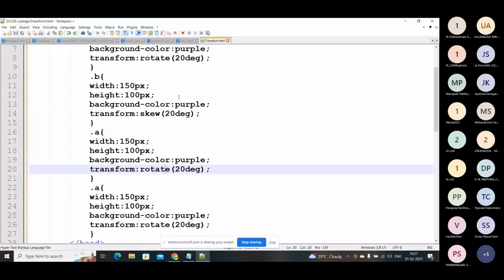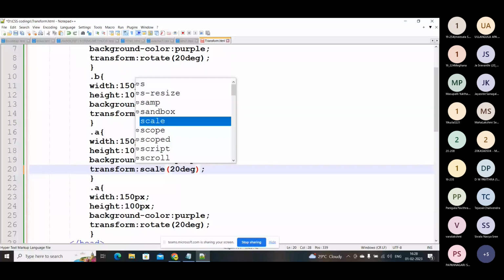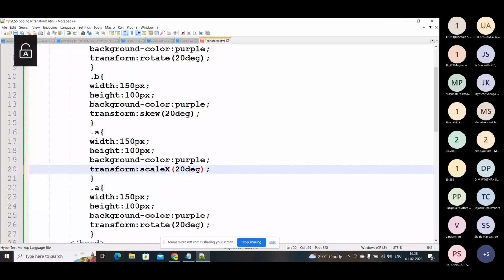So skew and rotate will be like stretching the object. For that we need to mention it in degrees. And we have something called scale. In scale we have two directions. Either you can go with x, that is horizontal. So I'm giving some value as 1.5, and here also I'm changing this to be a scale,